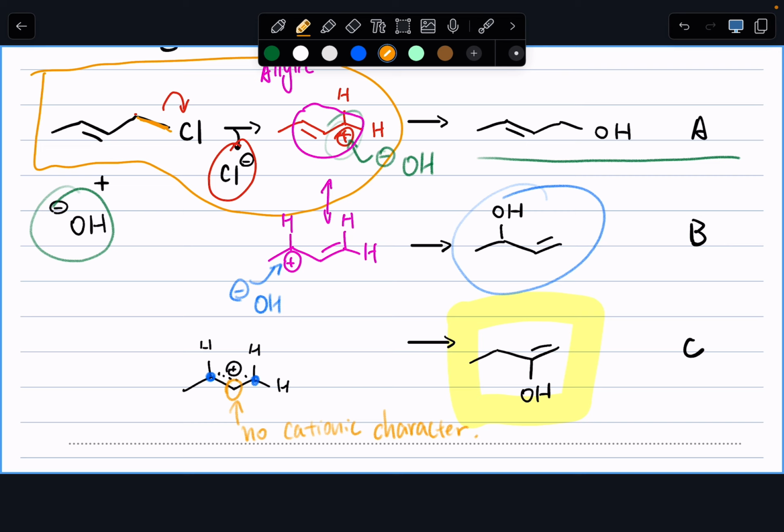I just want to use this as a demonstration to show the power of understanding the reaction mechanism and chemical bonding in organic chemistry. And we'll apply these to different reactions. But at the end of the day, reactivity and selectivity of organic reactions are all connected by the nature of